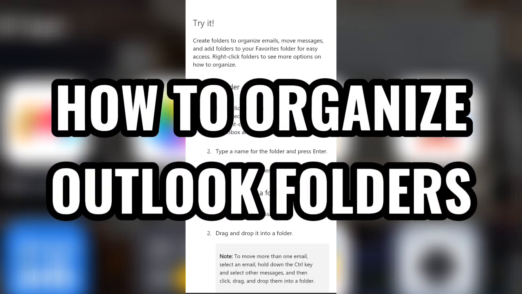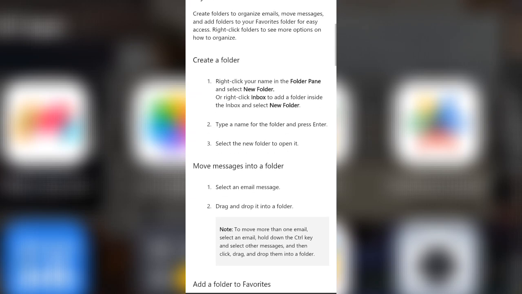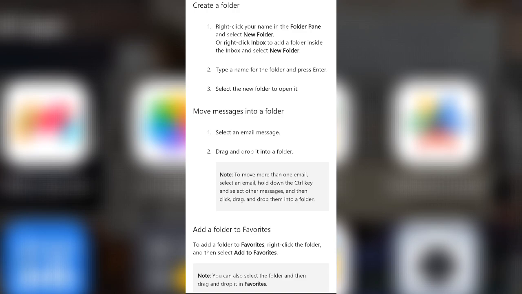How to organize Outlook folders. Open the app and look at the folder pane on the left side of the screen. You can create a new folder by right-clicking on your inbox or another folder and selecting New Folder, then typing